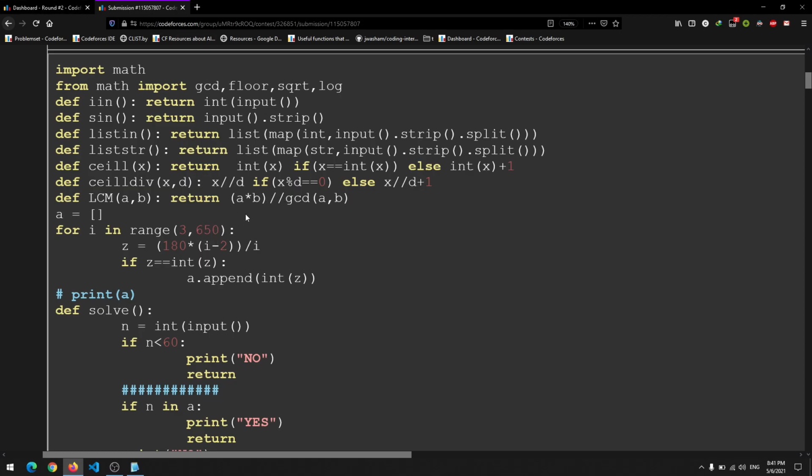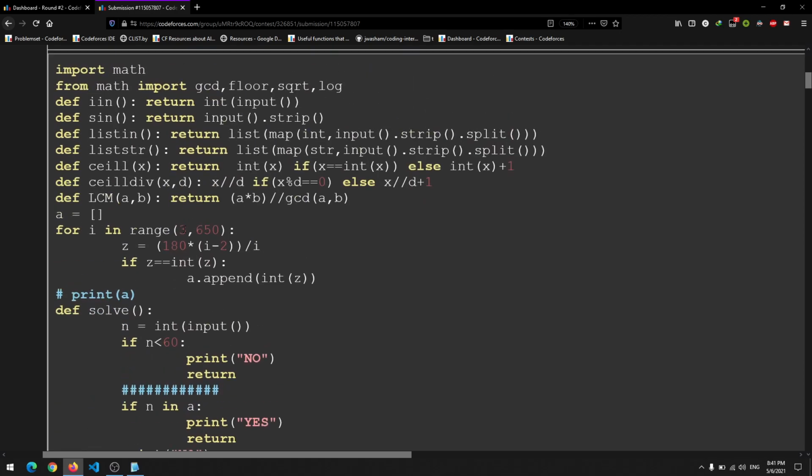The value of one angle ranged from 1 degree to 179 degrees. 180 degrees was like from 600 to something like 8,000 or 9,000. It kept on increasing toward 180, but it did not reach 180. So I just thought of keeping it to 650 for simplicity, because we reached 179 by like 600 or something.